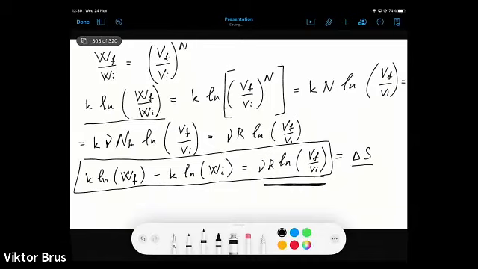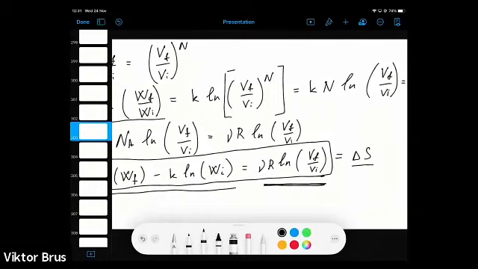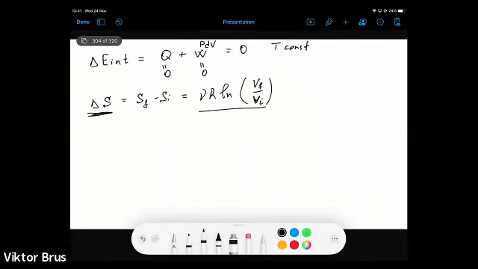So the change of entropy is equal to this difference of natural logarithms of the statistical weight, or number of microstates which can describe the given macrostates, final and initial, and relates entropy with this statistical weight. So we can write now that